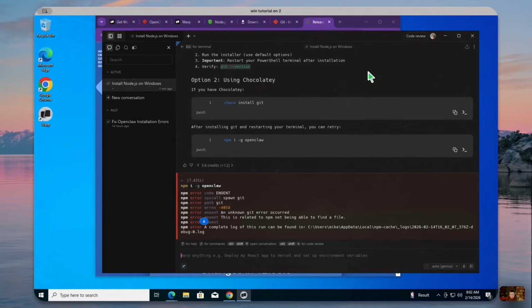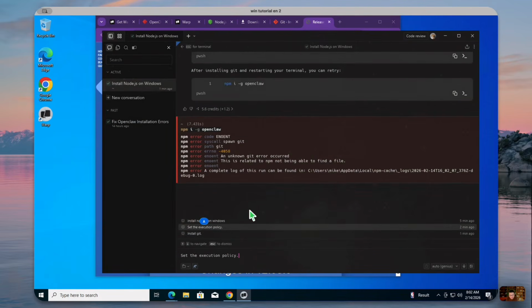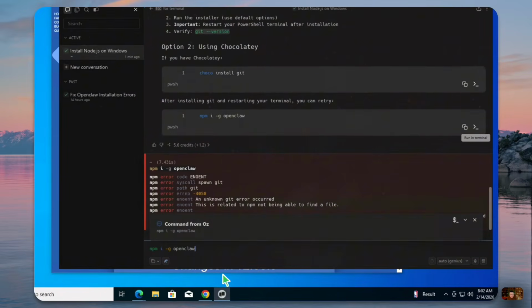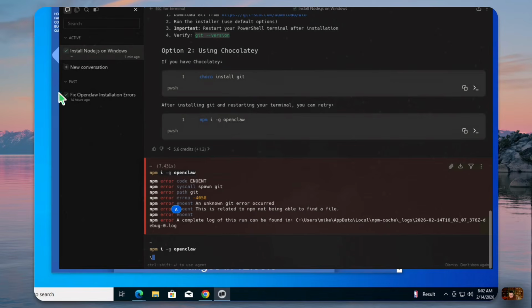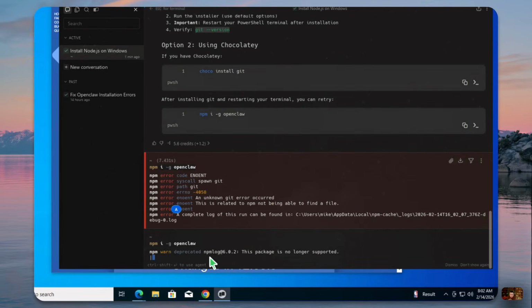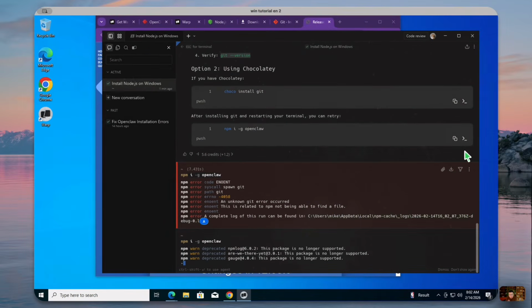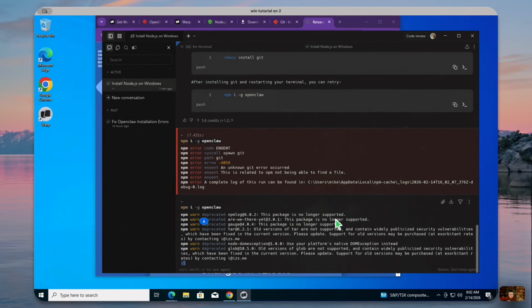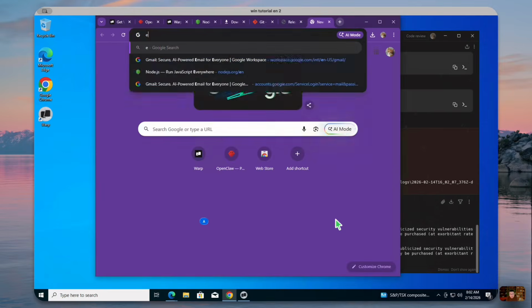So I know the experience is not straightforward, so I suggest using a remote machine, like a Linux machine or Mac Mini. On Windows it is the hardest. So we can see the progress, and it would take about 2 minutes if your network is great. So I am maybe doing